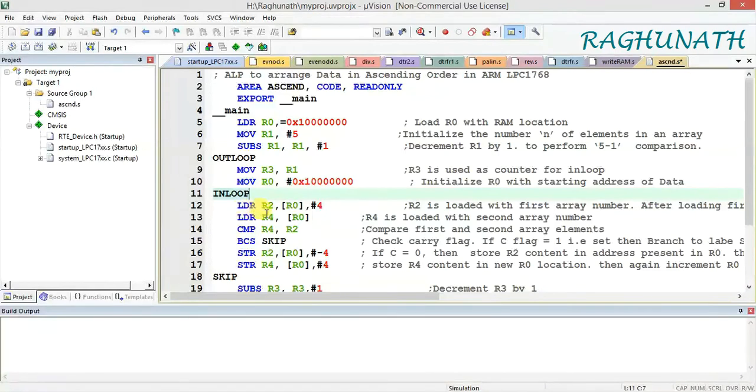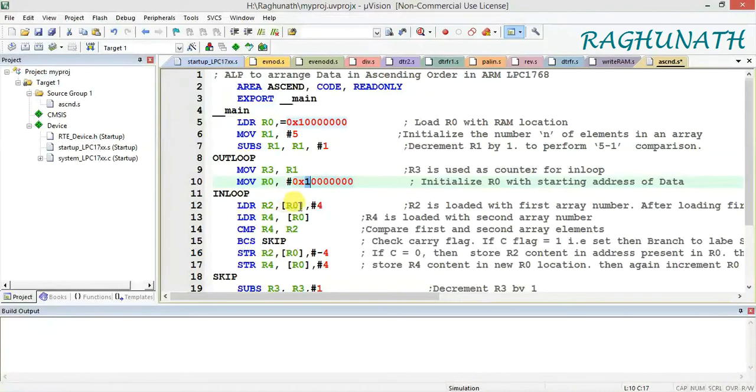In the inner loop, we have LDR, load R2, the content of R0. This is within a bracket, we have R0. In R0 we have this address. If you write within a bracket, then the content of this location, that is the data, will go to R2. After this, #4 indicates it is post increment.